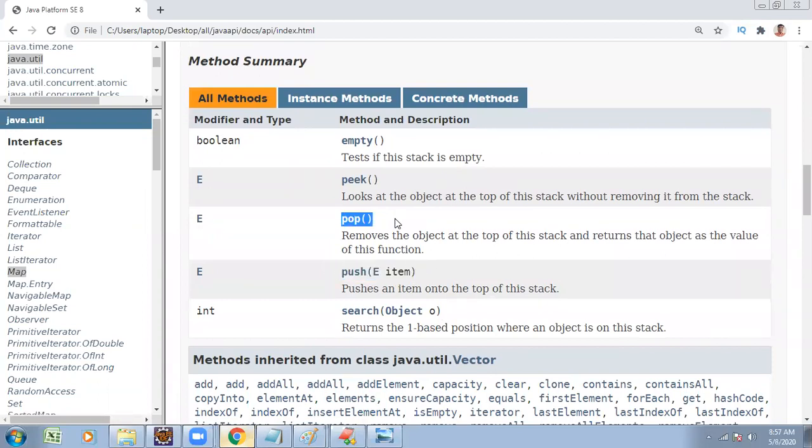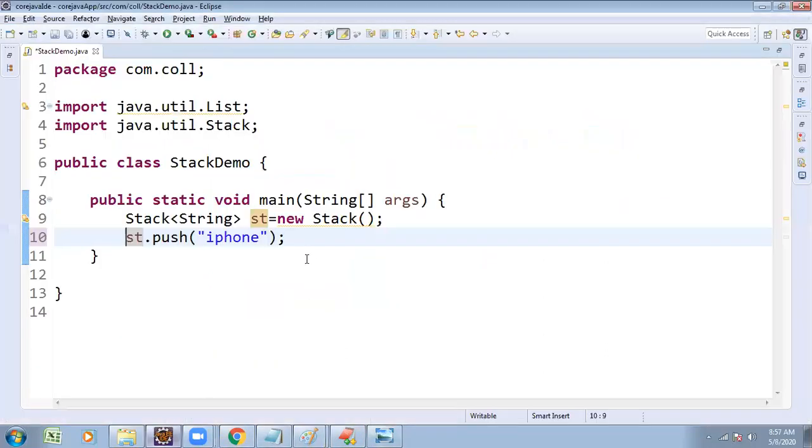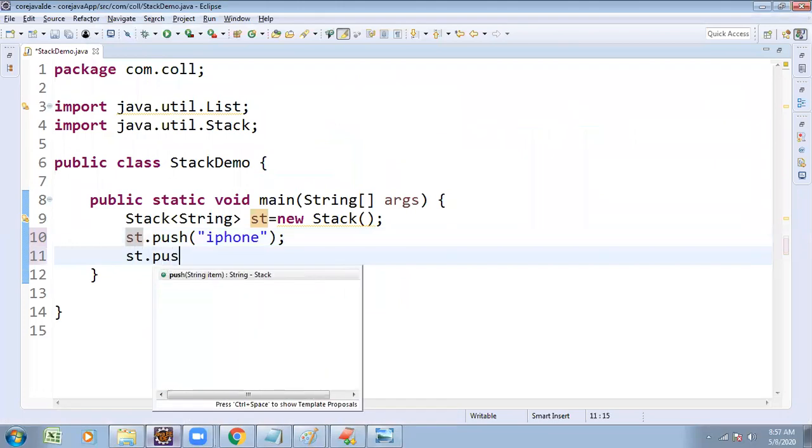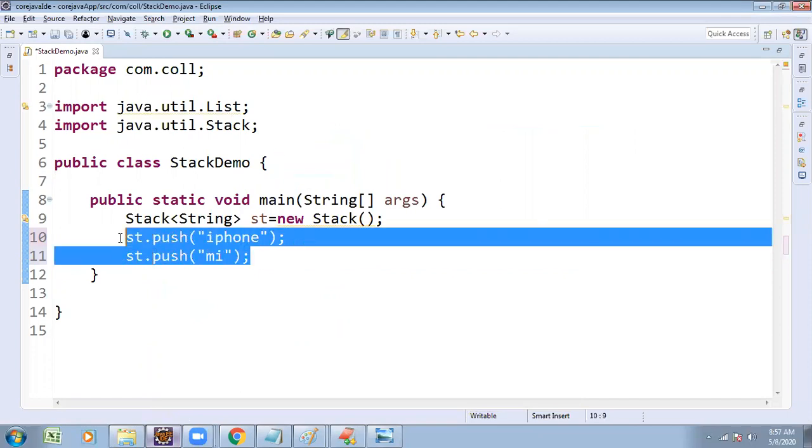If you wanted to do this procedure with C or C++, you must write the logic, but while working with Java, you directly utilize the logic. The push method is there to insert elements. Suppose I want to insert elements: st dot push iPhone, then st dot push one more element, some Mi phone, Oppo phone, like this. The push method is used to insert elements into the collection.